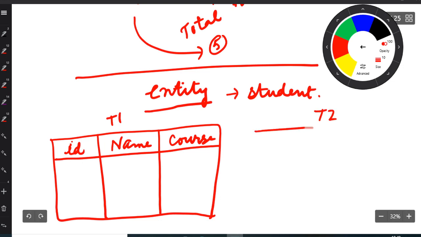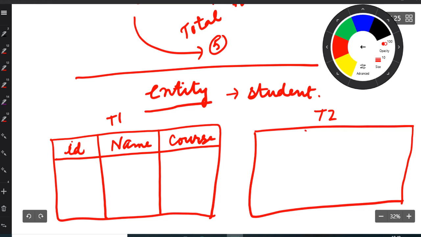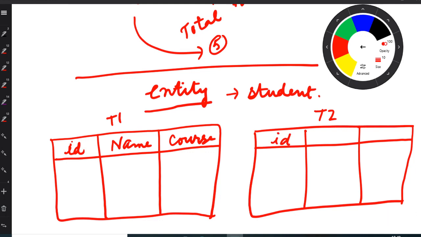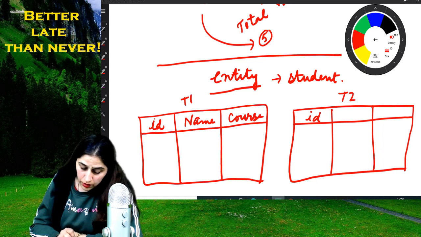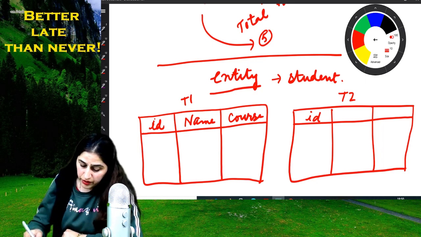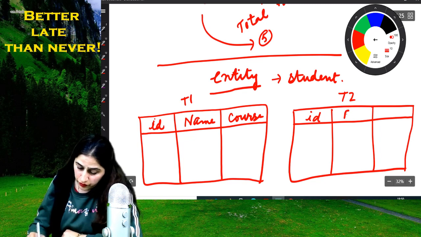I have another table in which I will store the same id for all the students, which will relate both the tables. This table will tell the name and course. This table will store id, fee, and date of joining.